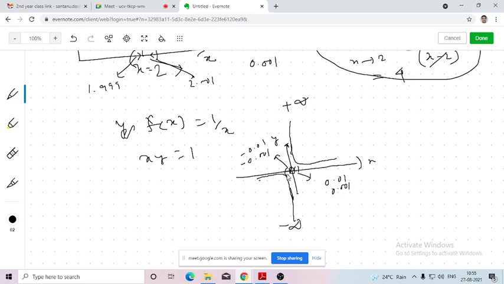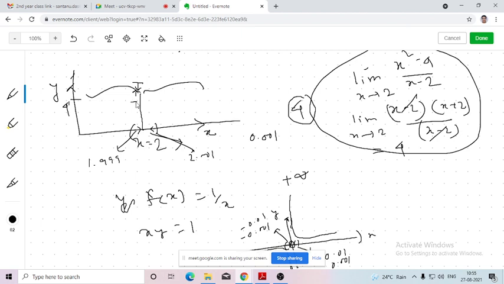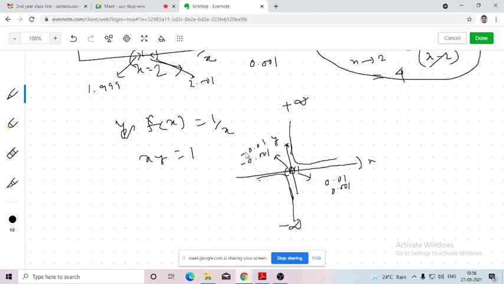So here we are changing the value of the independent variable in a small interval around 0, but the functional value is lying in a huge interval from plus infinity to minus infinity. In the previous case, the independent variable was varying in a small interval, and the dependent variable was also varying in a small interval. But here we are varying the independent variable in a small interval, but the value of the dependent variable is varying in a huge interval. So at once we can say that the limit doesn't exist, because it cannot be approximated; the values are not approaching a particular value, they are scattered in a huge region.